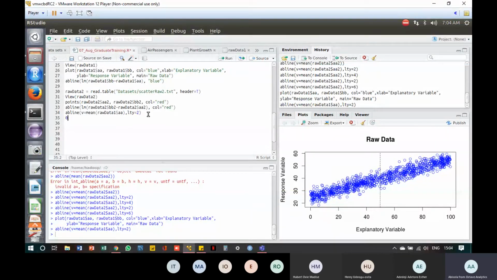Zero is for blank, when you don't want any line. Sorry, I'm taking your time again, like last week. I apologize. So zero is for blank, one is for solid, two is for dashed, three is for dotted,